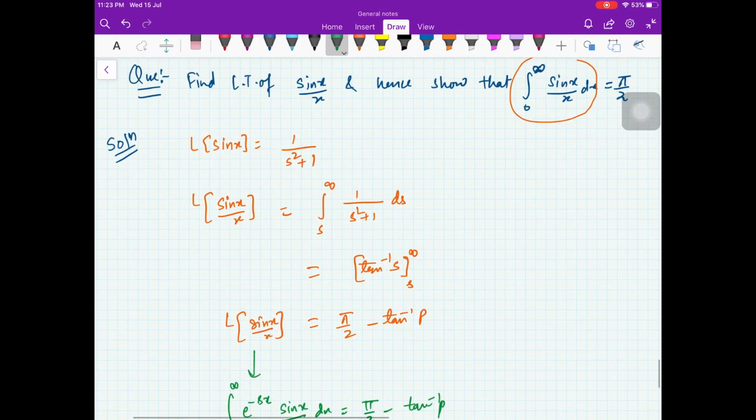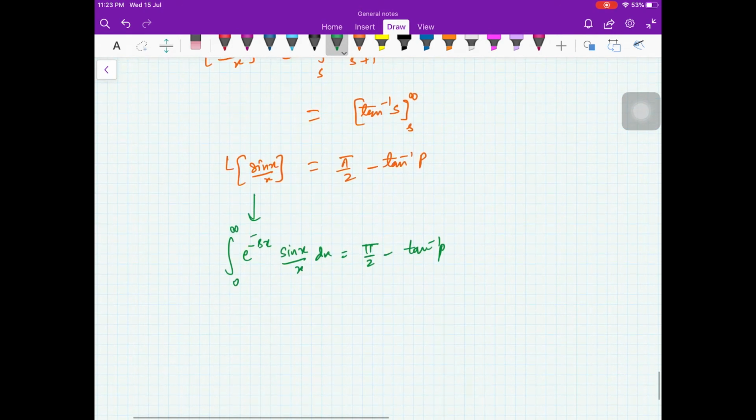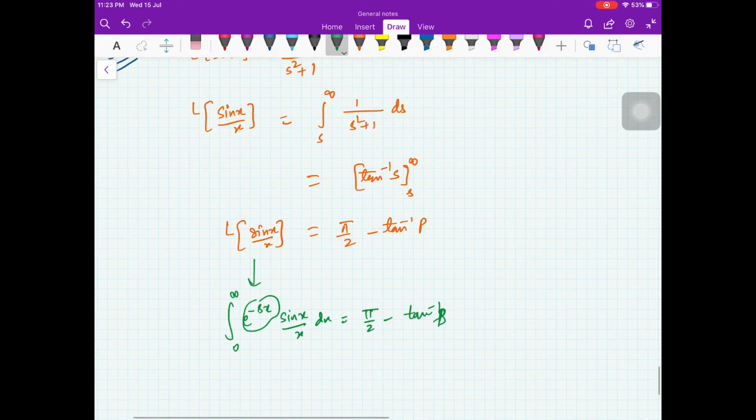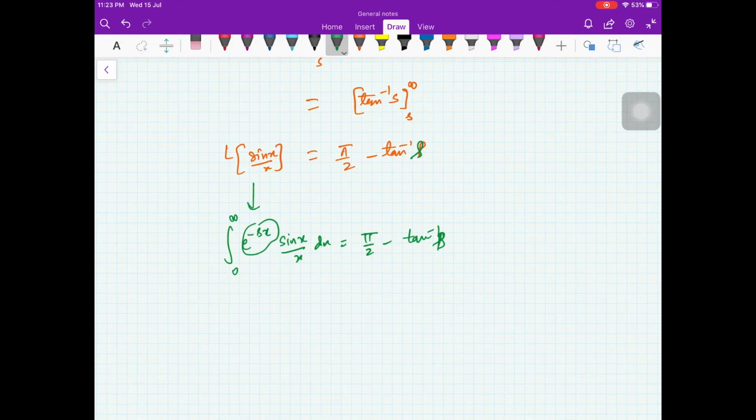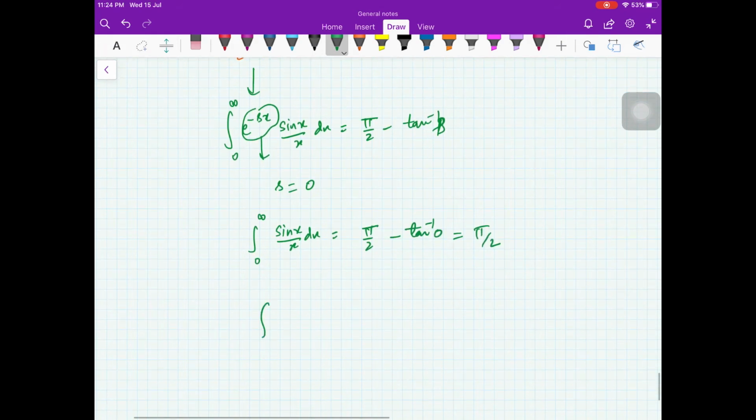Now look at the integral which I want to compute. I want sin x upon x, so I want this term to be 1. This is true for all s. I'm sorry, I'm using p here somehow, because I'm used to writing both, but this variable is the same. Now I want this to be 1, so I put s is equal to 0. So this is 0 to infinity sin x upon x dx, which will be pi by 2 minus tan inverse of 0, that is 0. So this integral 0 to infinity sin x by x dx is pi by 2.